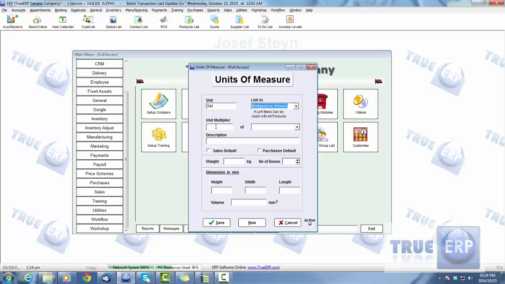specific product. The unit multiplier, the set is going to be made up of 4, and that's going to be multiplied of a single unit. So we know our unit is 1, so it's going to be 4 times 1, so that being the set is created for 4 tires. The description you can add, so you can just say set of